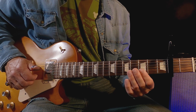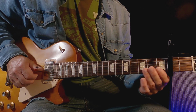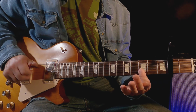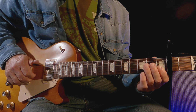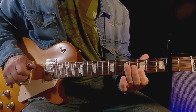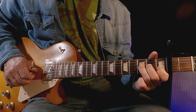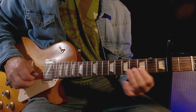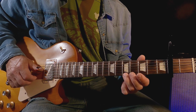Okay, and then, so 3rd fret on string 1 and 2. So with that, I'm using my 2 fingers, or a pick. And then, so, slide into the 3rd fret, and then so with a pick, and then